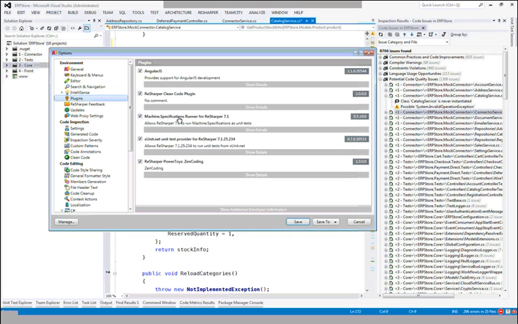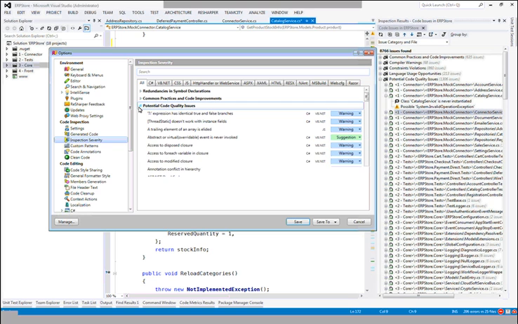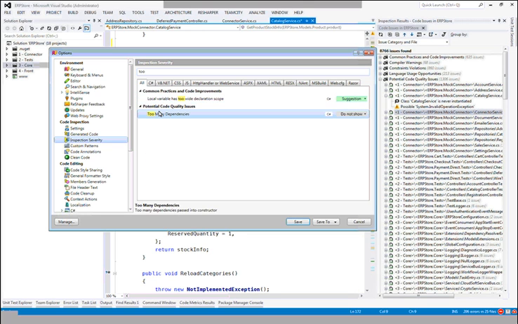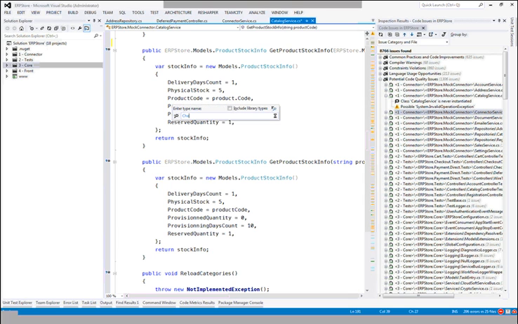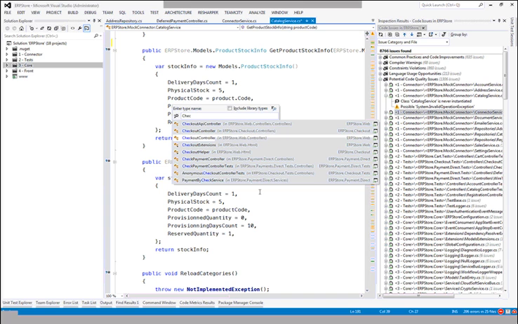And this specific one, what it's added is inspection over here, which we'll find. I think it's in, let me just search for it. There we go, too many dependencies. So what exactly is this? Let me show you this in code. Let me first go to checkout controller, for instance. Here is a checkout controller in the